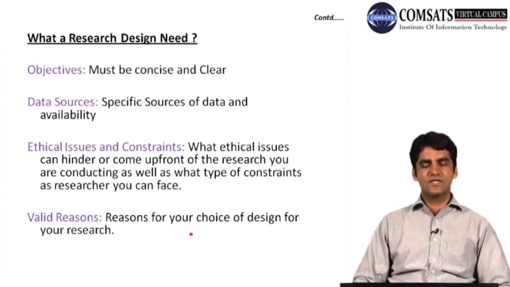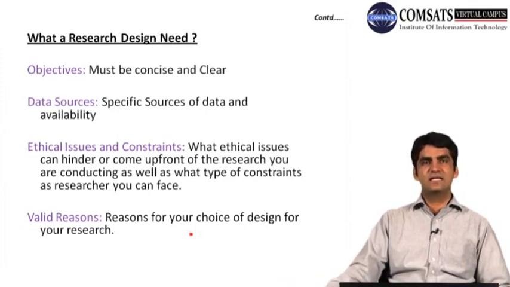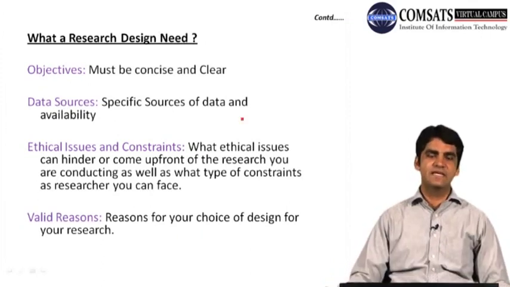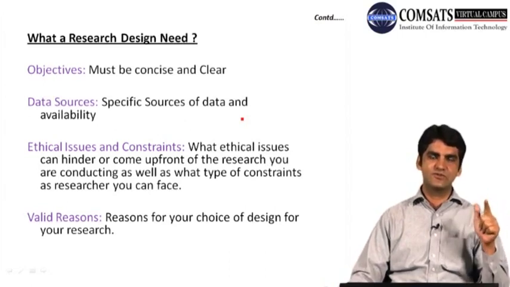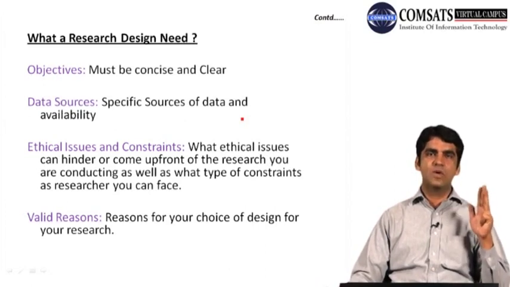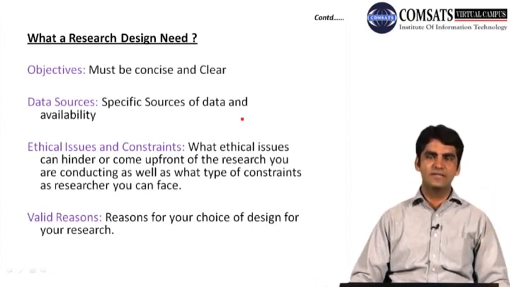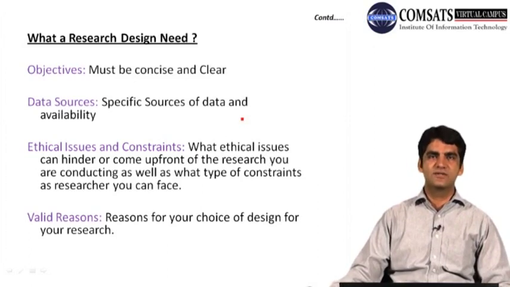What are the reasons for your choice of design for that particular research? Why are you using this particular research design when you are designing your research? You have to have a valid reason for it. So 4 things are very important when you're talking about research design: research objectives, the sources of data, constraints and ethical issues you're facing, and valid reasons for the choice of your research design. Once you're clear about these 4 things, you can choose your research design